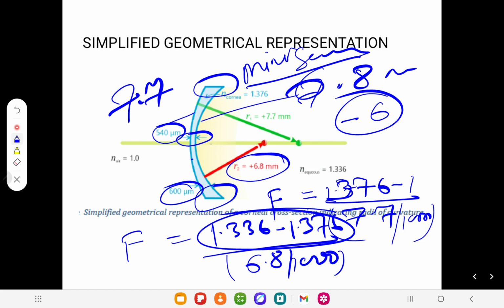But the posterior surface is surrounded by the aqueous, and that's why posterior surface power from 55 reduces down to directly 6 diopter. That's why we consider cornea as a positive lens. Otherwise, even the anatomy and the shape of the cornea is not a positive lens shape, it's a negative lens shape. So you have to understand this paradox. Okay,